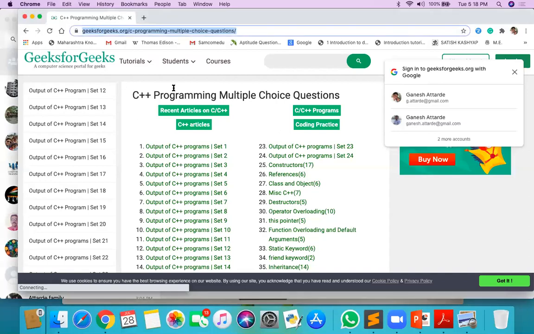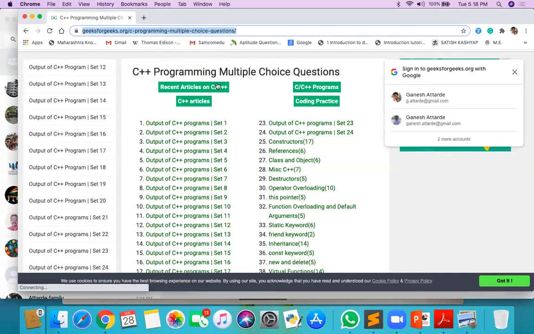Actually, I have shared one link, and I'm going to share it in your WhatsApp group also. You need to go there, and there are different tests available on the website GeeksforGeeks. Here different MCQ questions are available for C++.